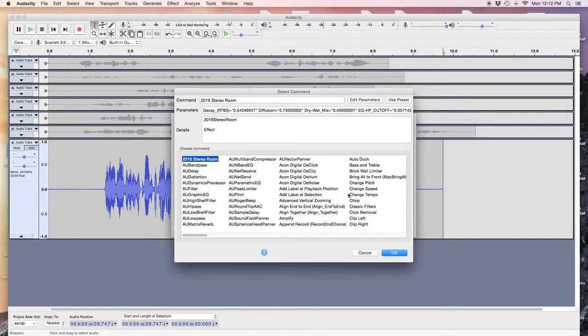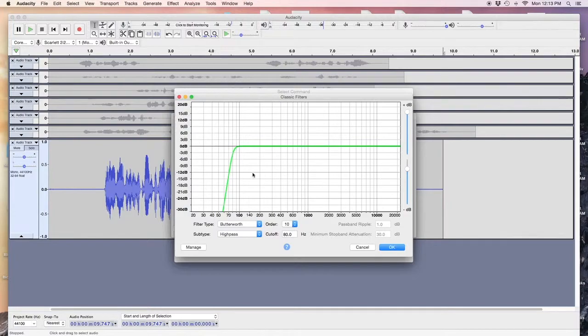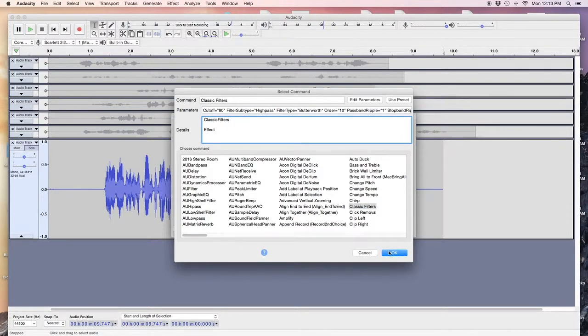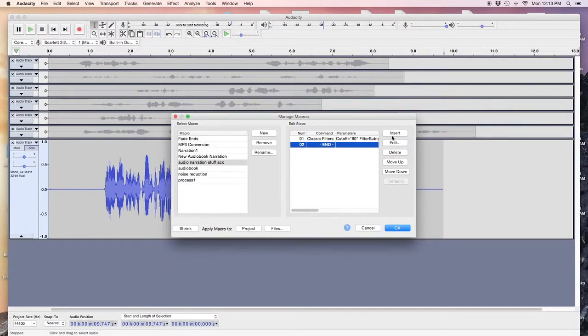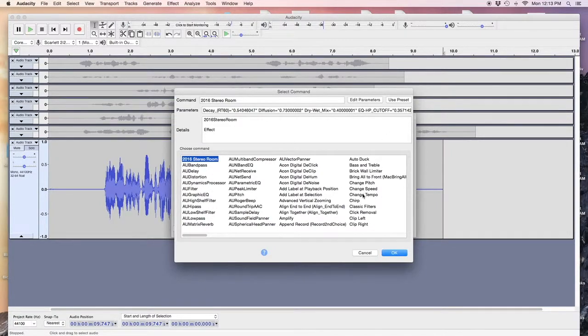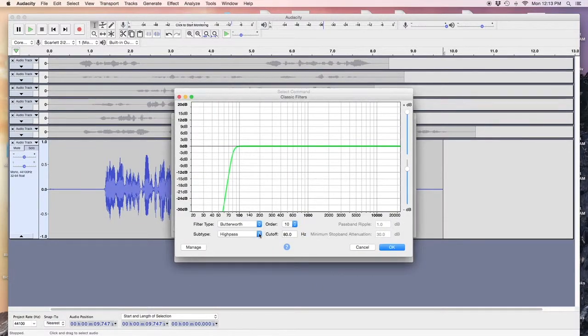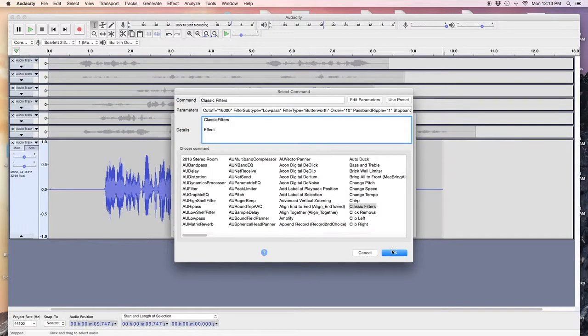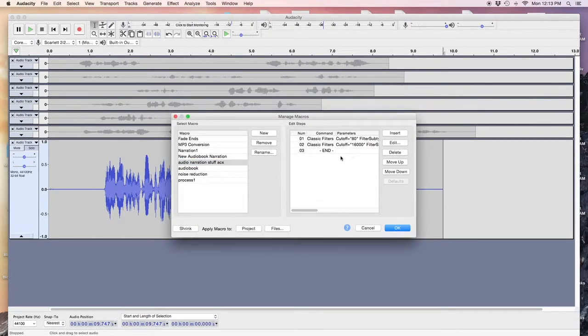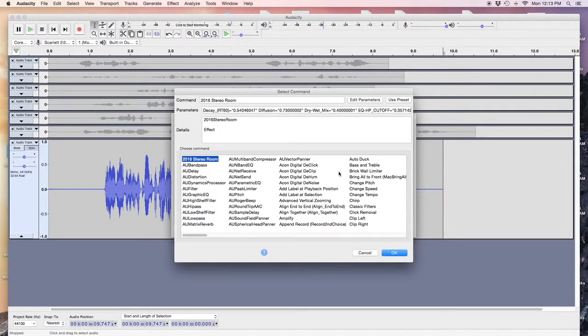The first thing I did was classic filters. Then I edit the parameters. This one's fine. It's my high pass filter at 80, so I say okay. And I hit okay. The next thing I can insert is my classic filters, but the other end of the spectrum here. So I change it to low pass. Hit okay. The next thing I did, I think,